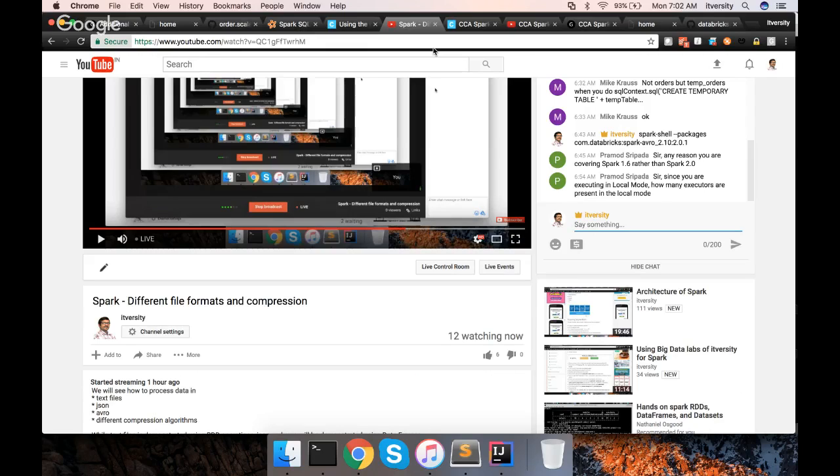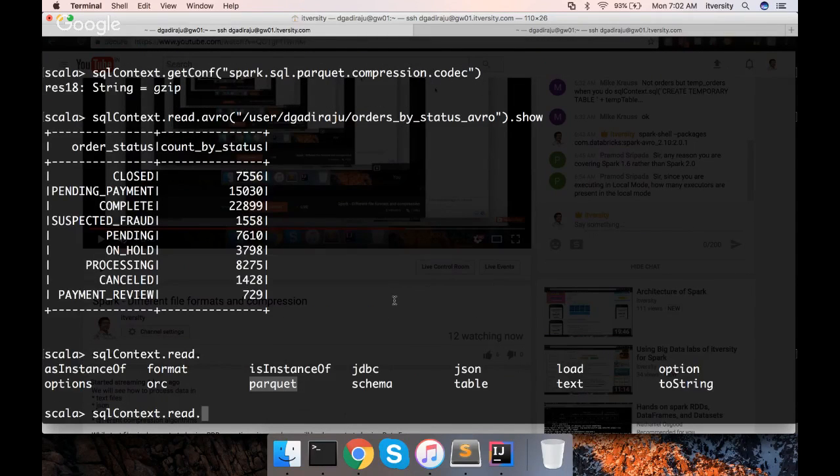That's why I'm covering 1.6. So I didn't run in local mode, I ran in yarn mode. Whether you run it in local mode or yarn mode, I think the default number of executors is 2. I'm not sure about the local mode, but in yarn mode, the default number of executors is 2.